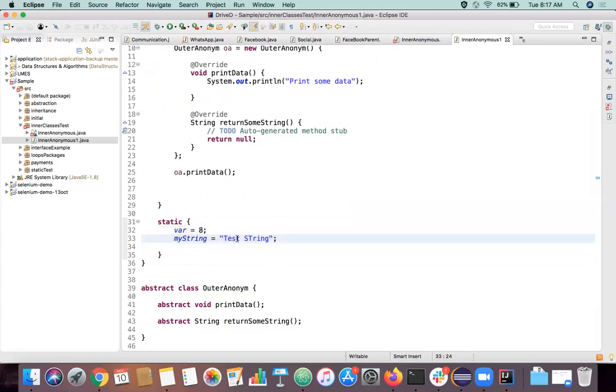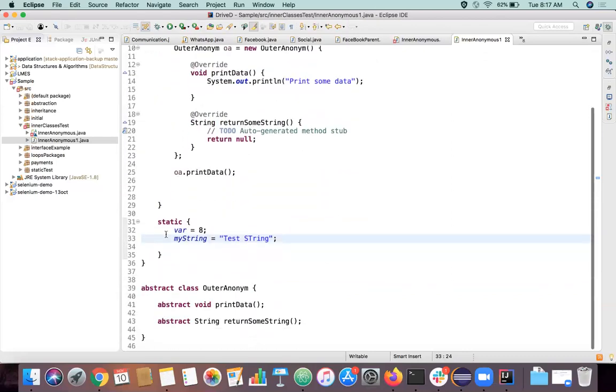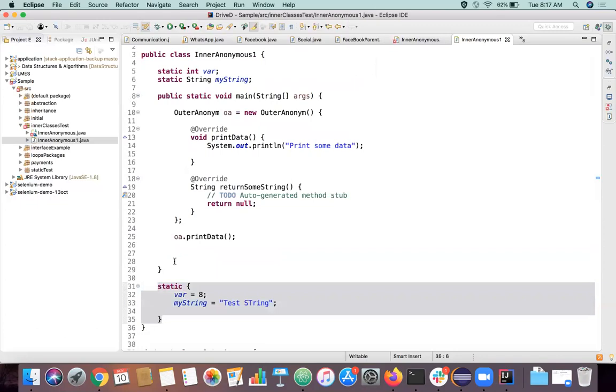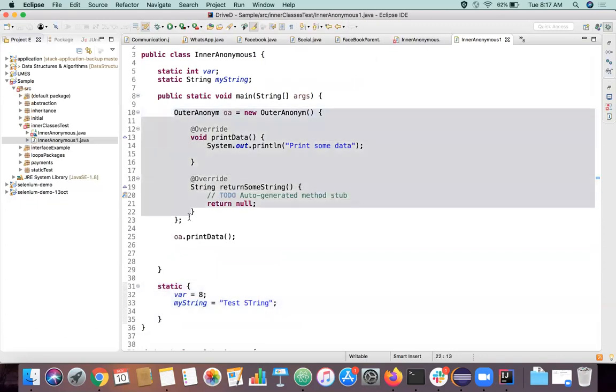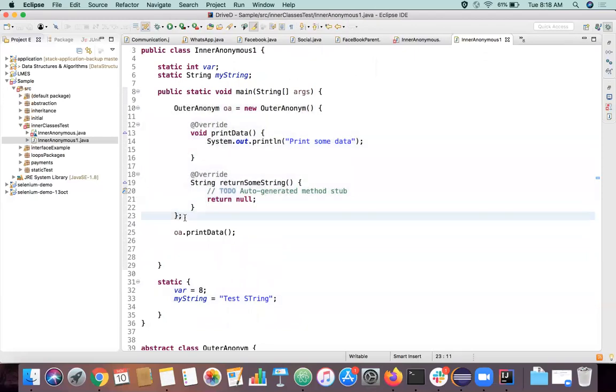So what is basically happening here is we have this variable, which is an integer and a string, and it is also kind of a Java block, right? It's an entire Java block. But the difference between this and this is that we are creating an object for the entire class here by overriding its methods, right? So for doing something like this, we have to have a semicolon at the end.